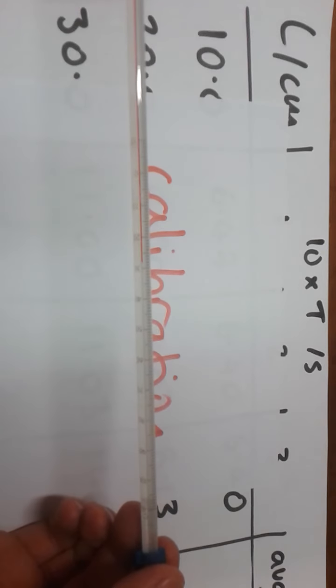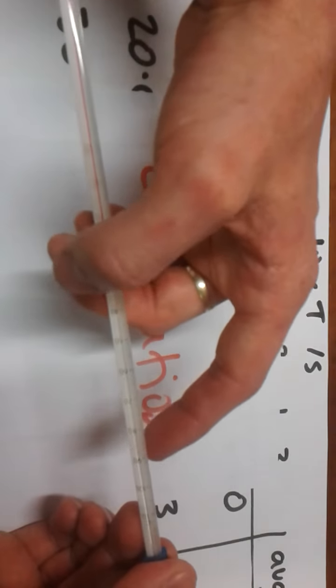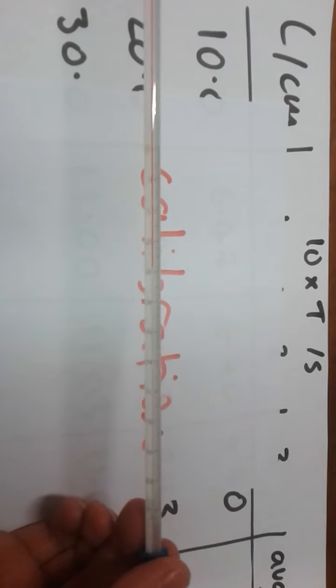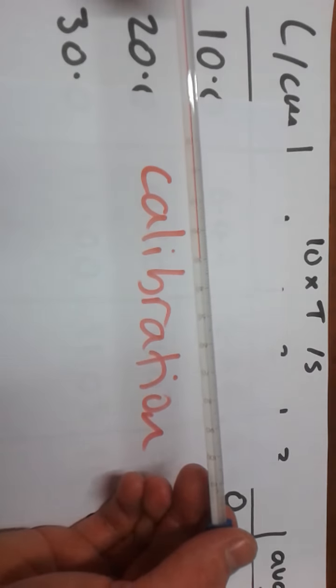How did that scale get there? How do we know what's 0, what's 50, what's 90, what's 110 degrees? How is this thermometer calibrated so it gives the right answer, the right measurement in degrees C? Well, different things are calibrated in different ways, but a standard way that people came up with a long time